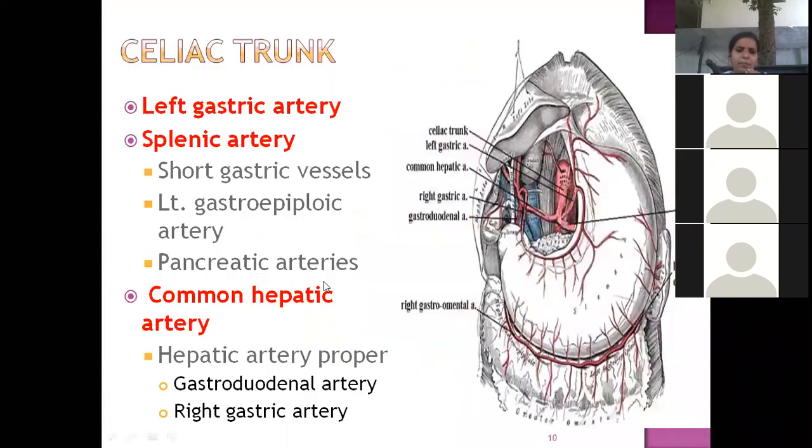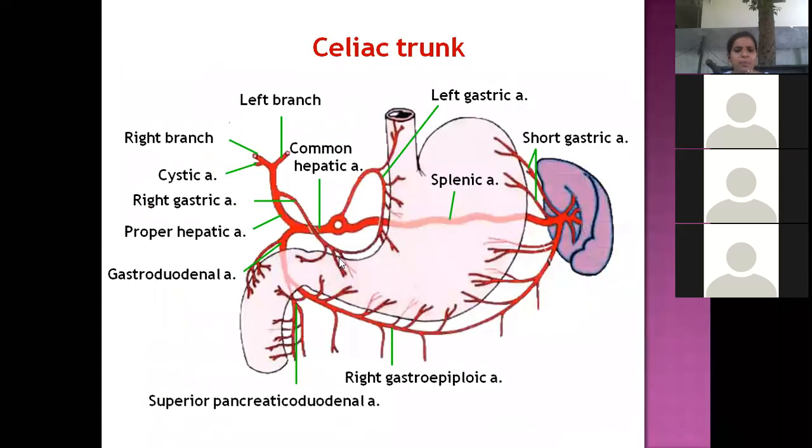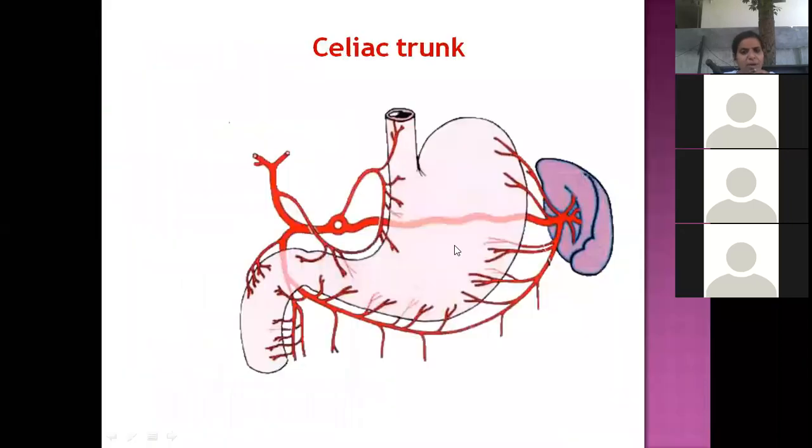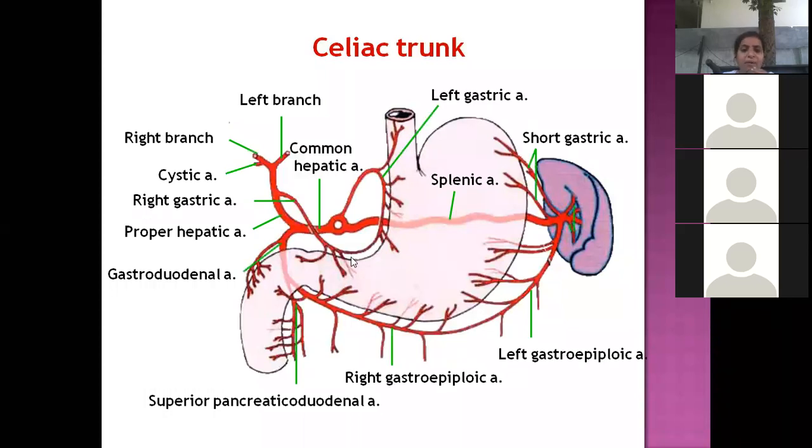Okay, now we will see like systematically. This is the left gastric artery which is moving along the lesser curvature, and splenic artery you have short gastric vessels, then left gastroepiploic artery. These are the branches. It also gives pancreatic arteries. Actually, in this picture, it was there. Because if you remember, behind the stomach, we have pancreas. When we have studied lesser sac and all, I told you behind the stomach we have pancreas, and this artery is arteria pancreatica magna. Okay, this I didn't tell you the details, but because we have pancreas here, you have pancreatic branches coming from there. I will elaborate when I take pancreas.